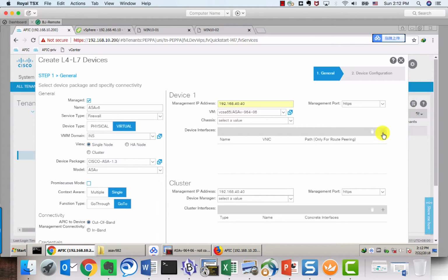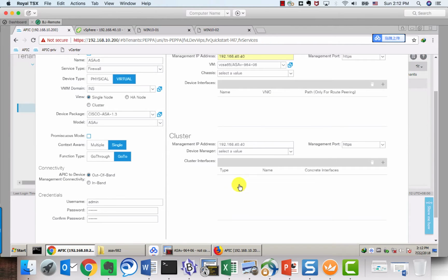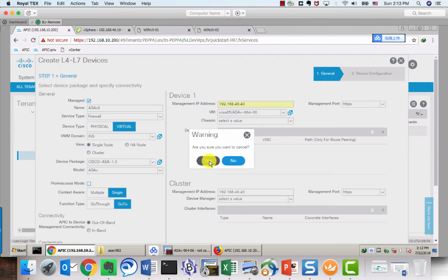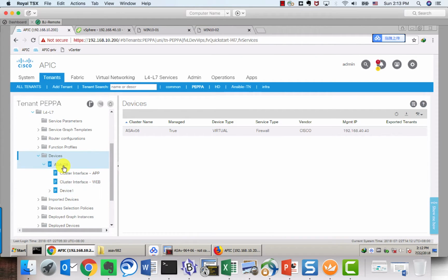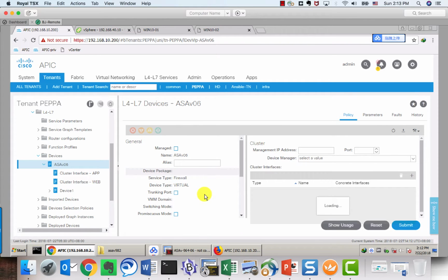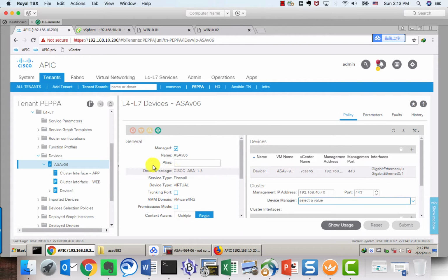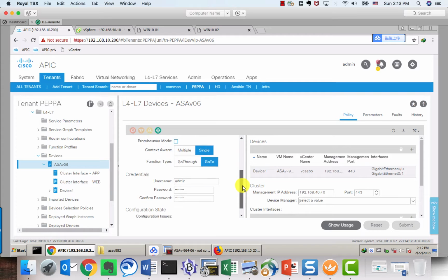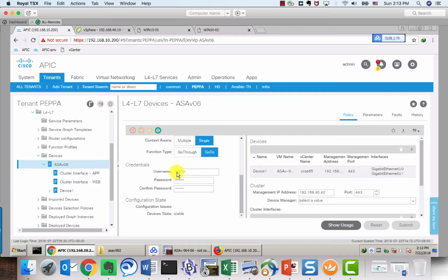Here you start to create the device interface and the cluster interface. So the cluster interface is a logical representation of the device. And then you just hit next and go forward, because I already did it. So let me show you what I have. Okay. So for this one, I have the device in managed mode. The name is ASAv06, and it is GoTo, and the credential is admin,